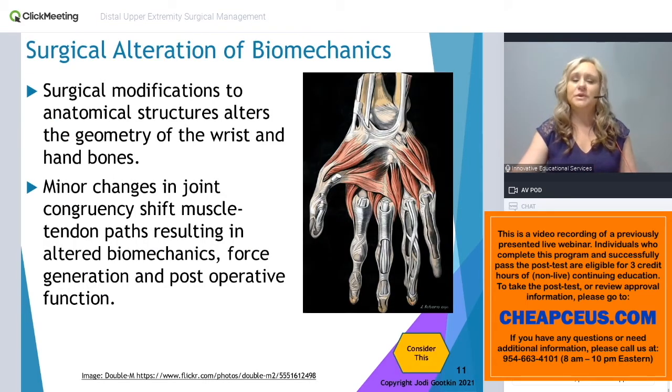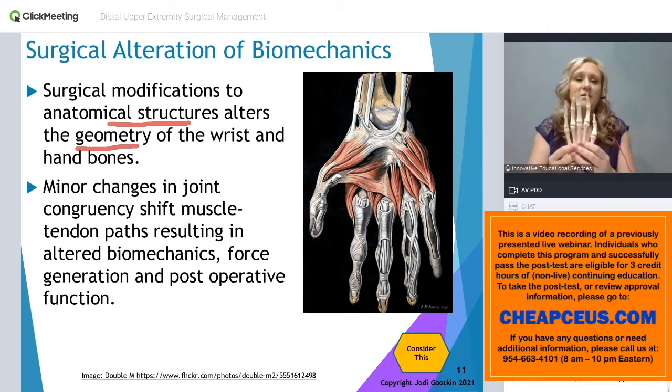So what happens when there is a surgical intervention? Oftentimes, surgery is necessary to correct a pathology or condition that has developed or a trauma that was sustained. And when surgery is performed, any modifications to these anatomical structures will change the geometry of the bones in the area. The physician makes an attempt to restore as much as possible, but there may be shifts that